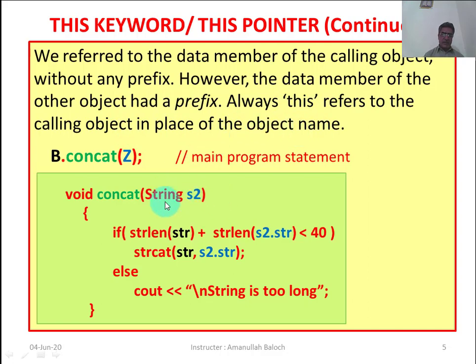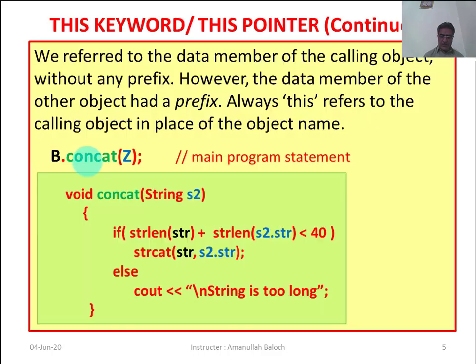In our previous lecture number 8, I have taken this line of code from our string class code. Here, this line of code belongs to the main program of that lecture, and this program code belongs to the concat function of the string class of that lecture.